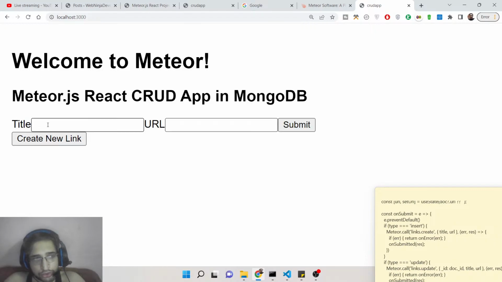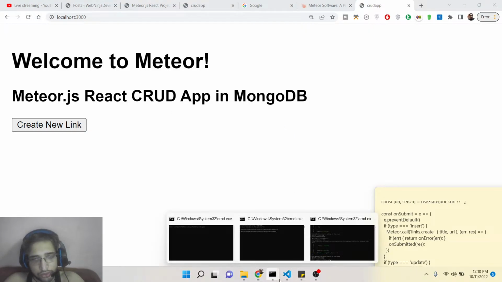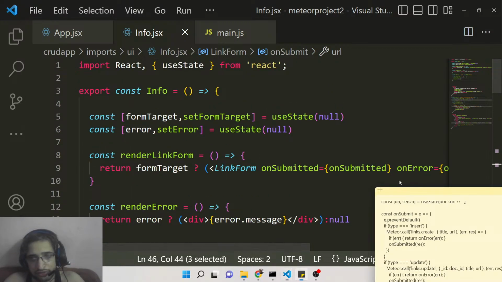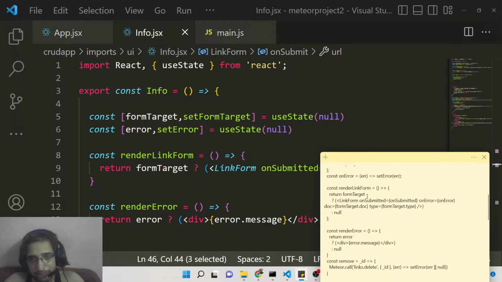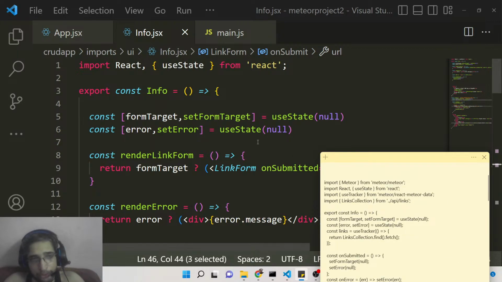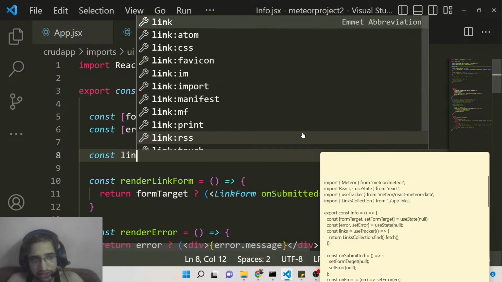Now we need to loop through all the results which we create. As you can see, the records are not shown here when we load the page. So now only the create operation is working. Now we need to loop through all the records which are created. For doing this, it's very easy. Right here at the very top, we need to use a method to fetch all the records from the memory. For fetching all the records, guys, we need to define a function here which is called